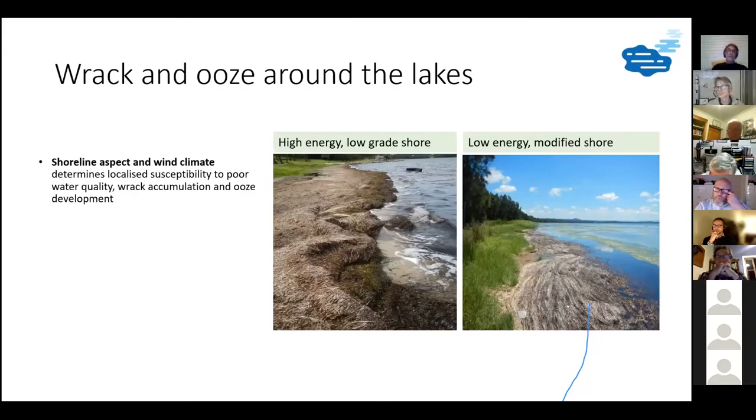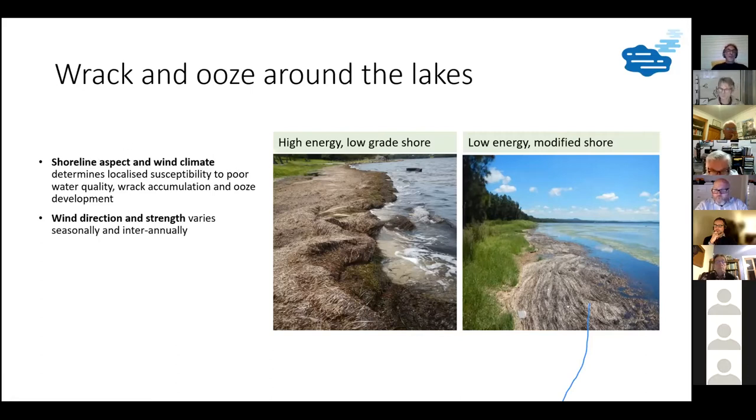What that tends to do is force the rack up onto the shoreline, as opposed to shorelines that are much more protected from wave energy, where the rack tends to accumulate in the water against the shoreline. One point to be made here is that wind direction and strength varies seasonally and interannually. So again, going back to that slide I showed on climatic controls, the nature of this forcing factor, as we say,